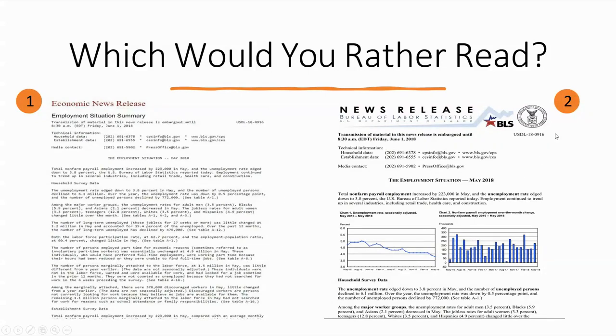Same information is being presented in example number 2, but this time they've used some infographics and some charts. You can clearly see it comes from the Bureau of Labor Statistics, contact information, and there is your bluff statement, chart 1, unemployment rate seasonally adjusted, and then is your data. What's it showing you about the unemployment rate? Is it going up or going down? How quickly did it take you to see that compared to this?